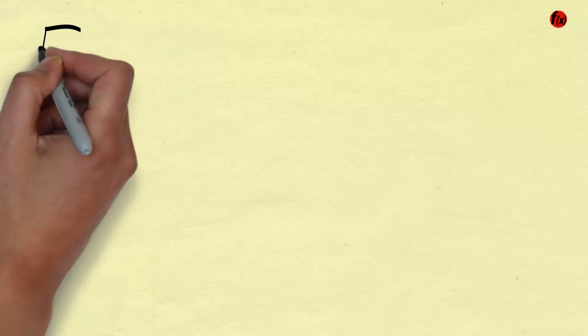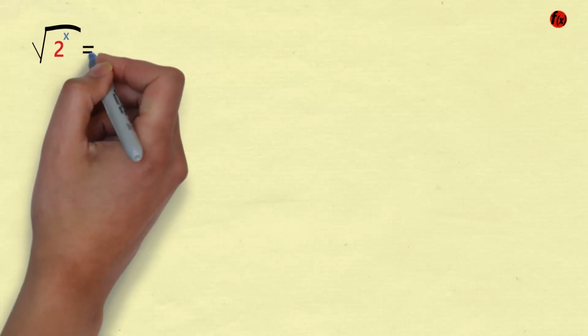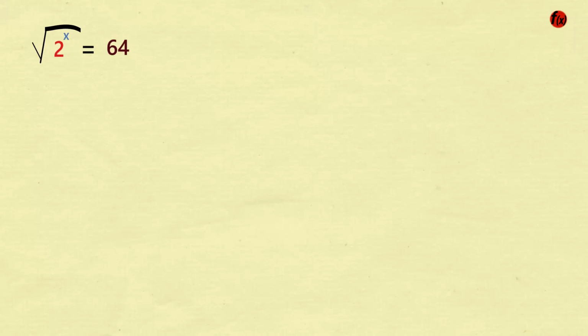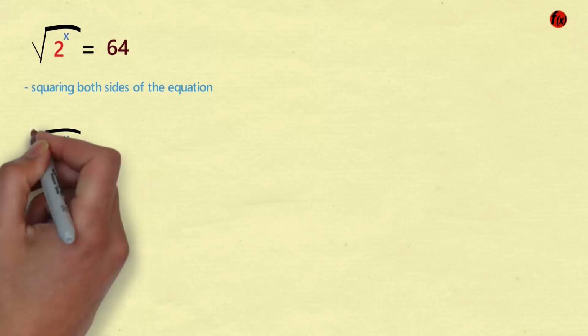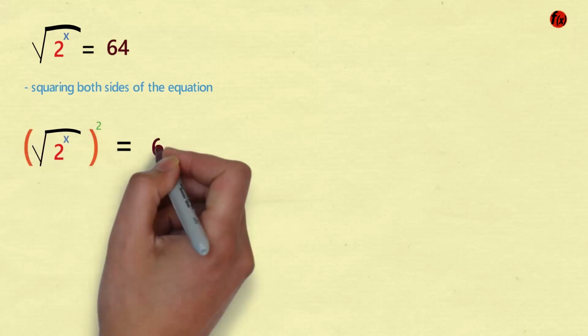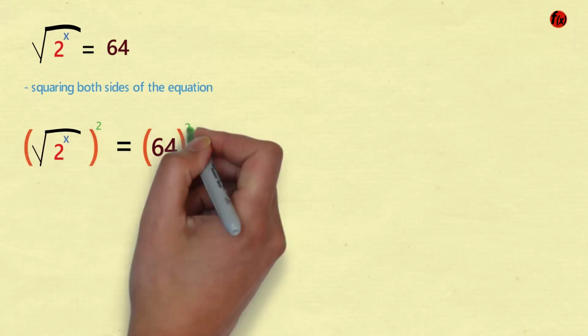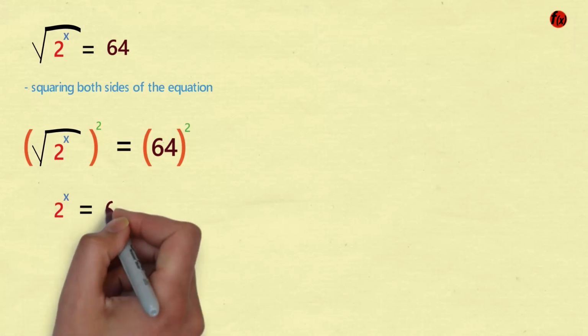Our equation is square root of 2 raised to power x equals 64. To solve for x, we need to get rid of the square root. We can do this by squaring both sides of the equation. Squaring both sides, we get (square root of 2 raised to power x) squared equals 64 squared. This simplifies to